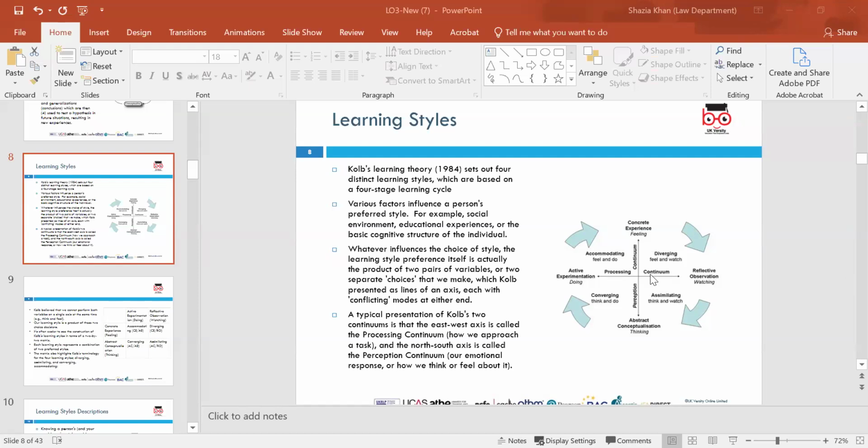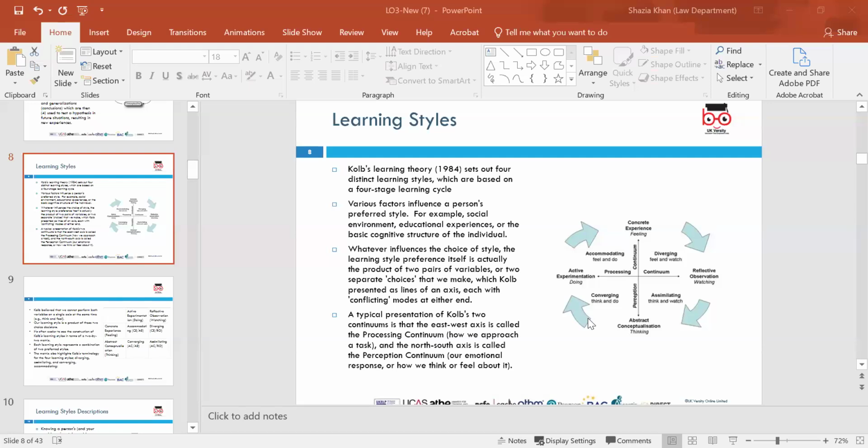So the first one was concrete experience, and this was the initial stage, where it's about feeling. So it provokes your reaction and a learning process. Then was the reflective observation, which is about watching. Learners here think about analyzing their experiences in that diagram, reflecting on why it happened and what happened.